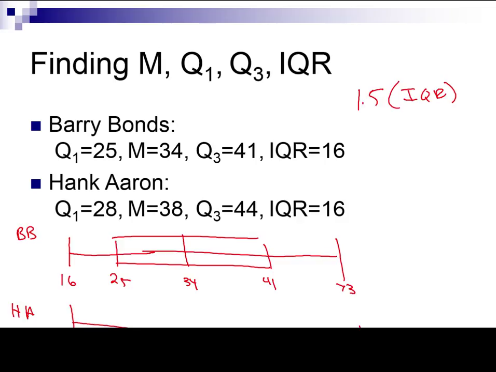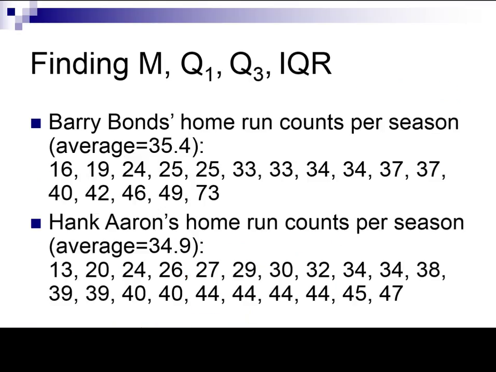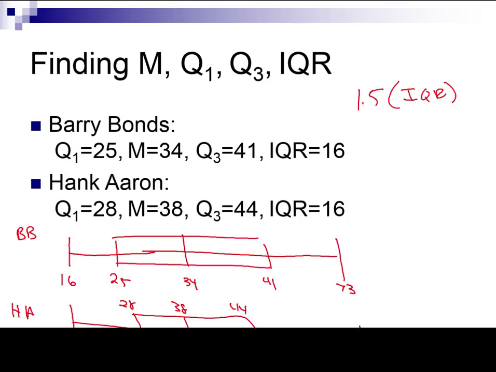Now, Hank Aaron's. I'll do something very similar to that. Okay, I'm going to do his box plot. He's going to have a 28 here in quartile 1. His middle is 38. Got a 44 over here. Let's see here. What was his min? 13 and then 47. So 13 and 47. Okay. So everybody understands how I did those box plots? Nothing new here, is it? Okay. The only thing I want to know is,